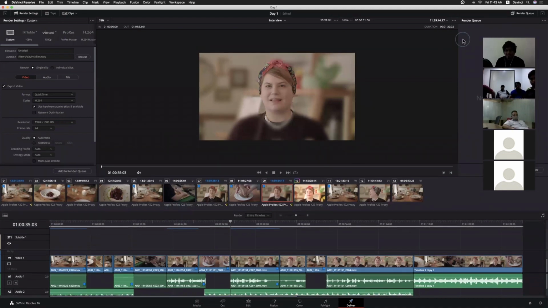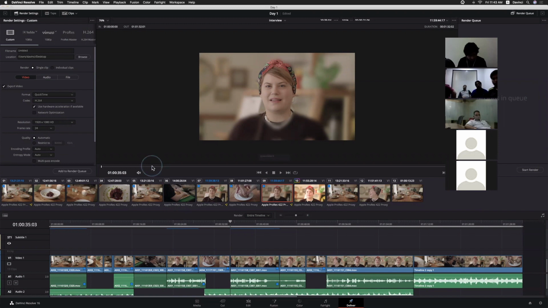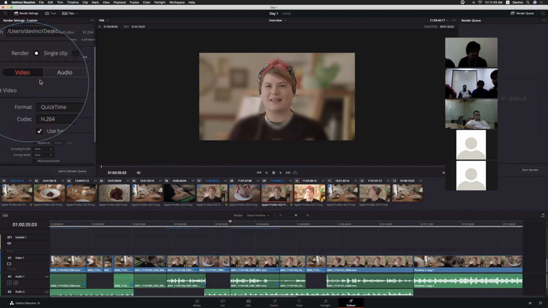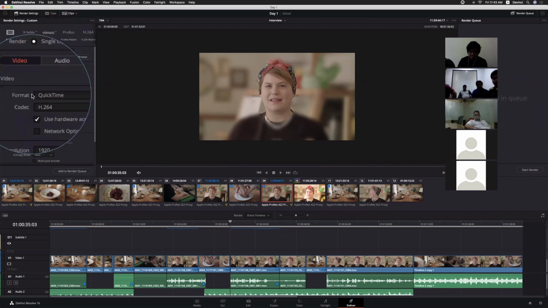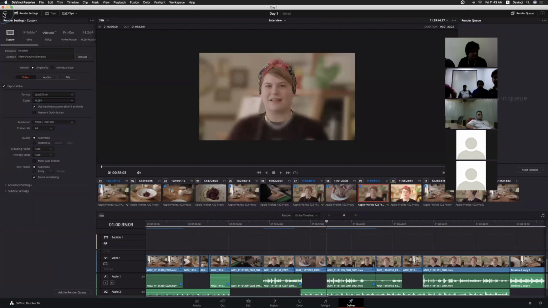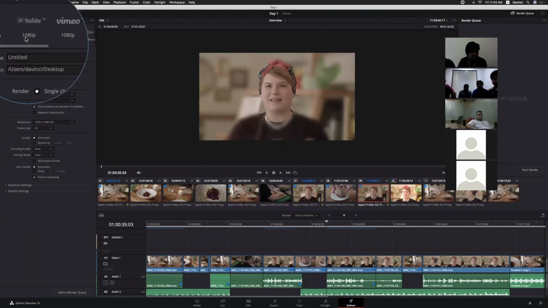So let me explain the interface of the deliver page. The top portion, the render settings, whatever settings you are seeing here, these are all related to exporting only. If you click this button, we can make it a little longer. Now we can see all the settings here, and they provided some presets also.